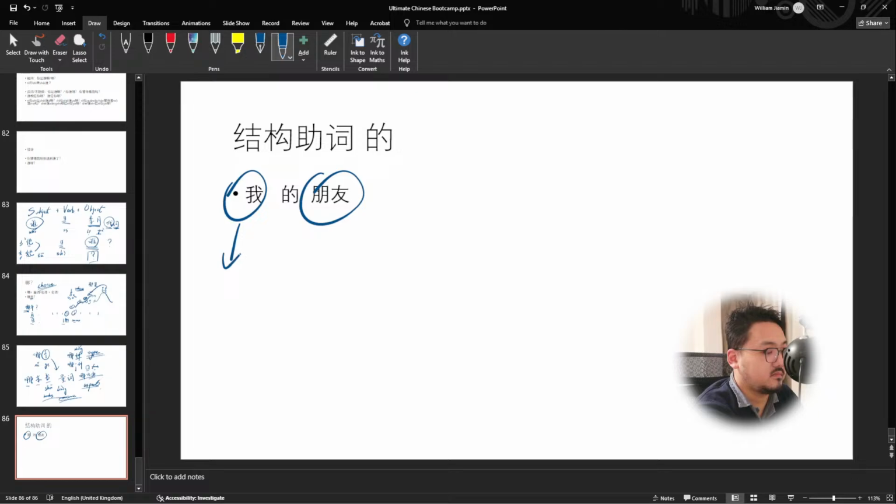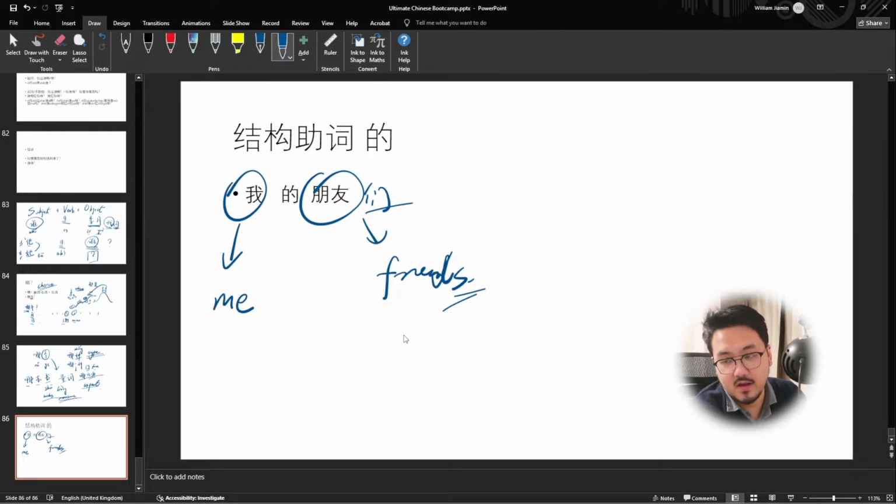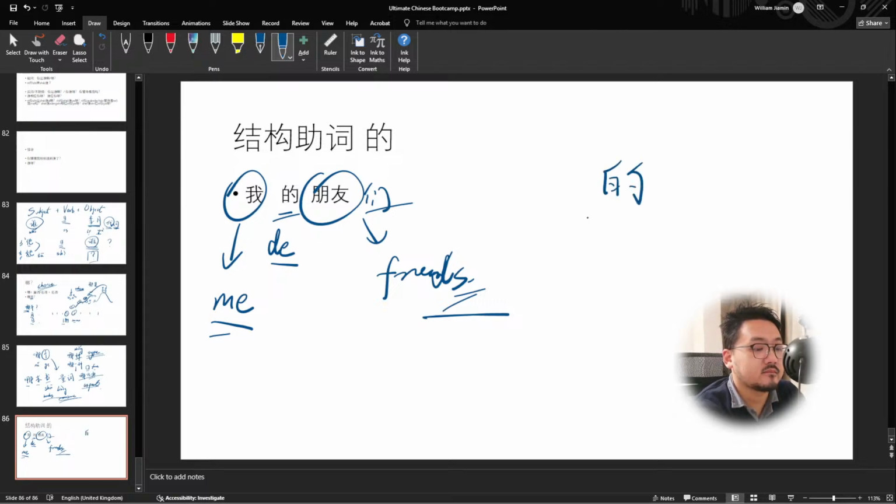Let me draw it. 朋友 is friend, and adding 们 is like adding an s: 朋友们, friends. Now 我的: if you add this 的, it's a structural particle that makes the whole structure. If you think about it, 我朋友, me friend, is kind of weird, right? So if you add this 的, 我的,